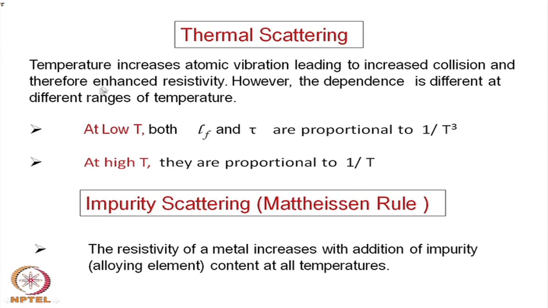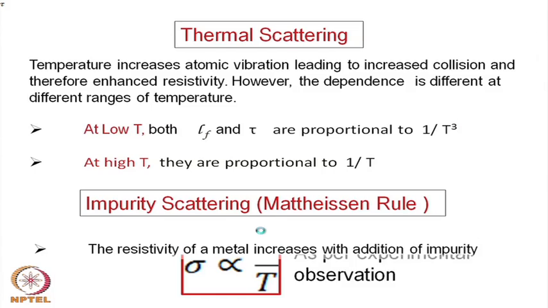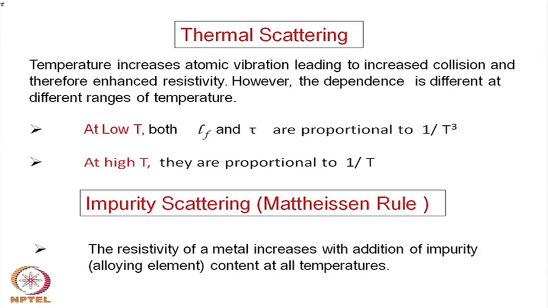Now, some more phenomenological observations. The temperature increases atomic vibrations, leading to increased collisions and therefore enhanced resistivity, that we have just seen. However, the dependence is different at different ranges of temperature. We have earlier seen, in the earlier slide, that sigma is inversely proportional to 1 by T. But this linear proportionality is not always true, and that is what has been shown here,